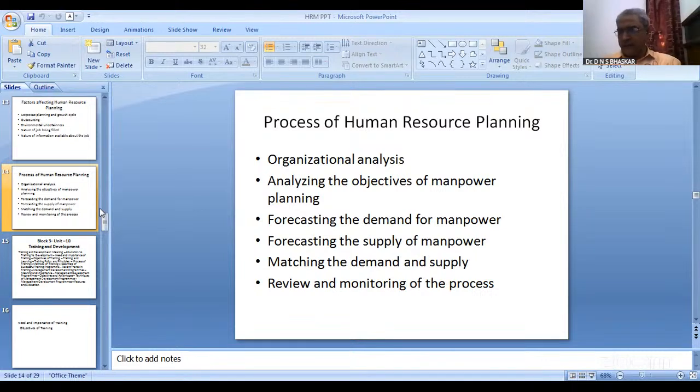Paragraph number, page number 6.3. That is the purpose and objectives of human resource planning, page 95. The main important purpose of human resource planning is that HRP provides the human resources required for expansion, retirement,